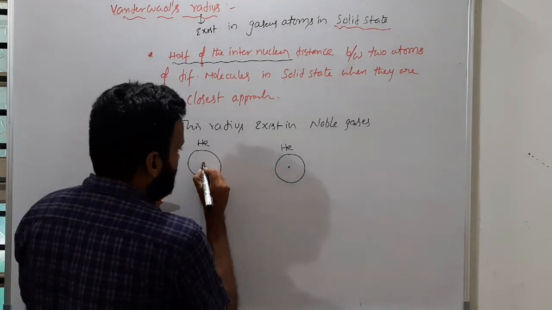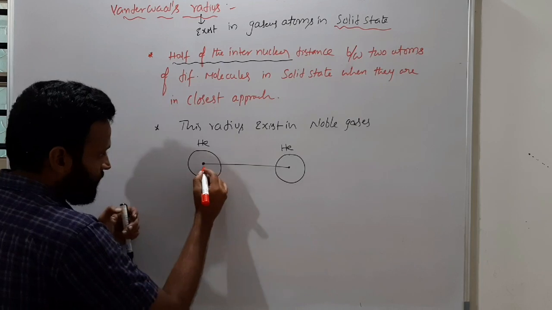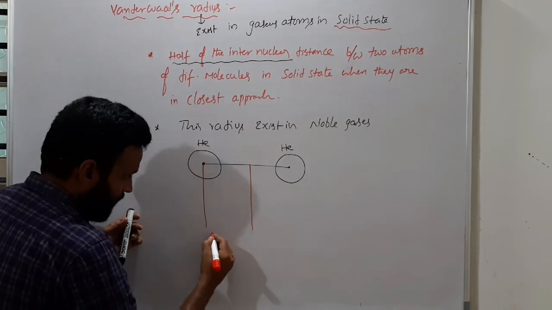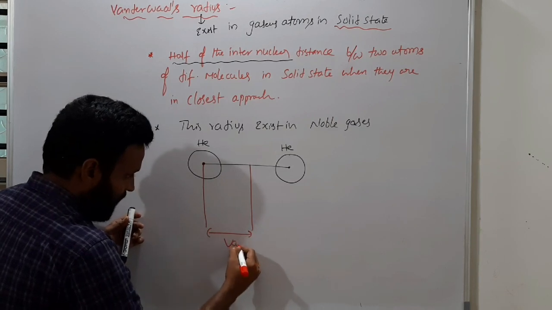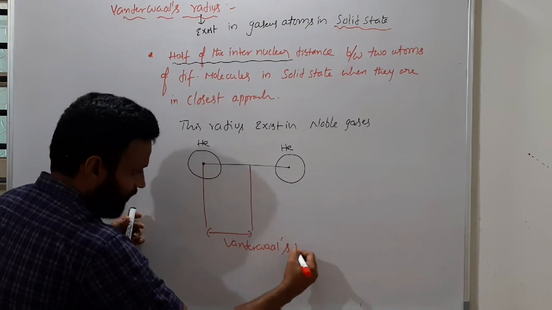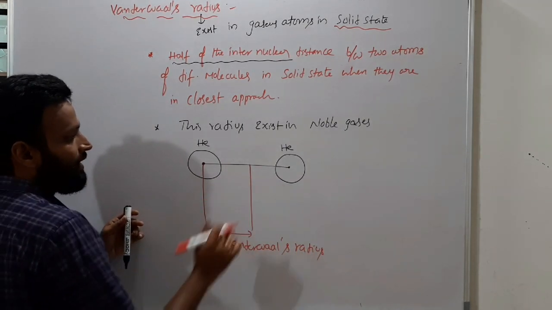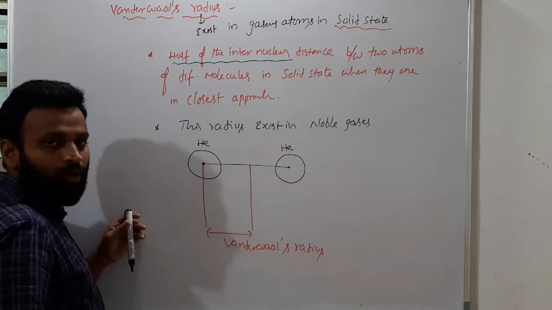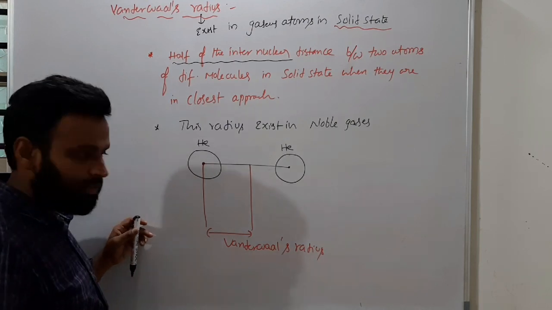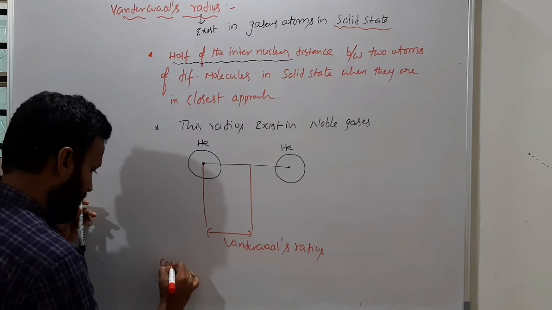Now here to here you have an internuclear distance between two helium atoms. Now the half of the distance, as I told you, from here to here, is called the van der Waals radius. What radius? Van der Waals radius. So between two helium atoms we have what radius? Van der Waals radius. So among the three radii, you have covalent radius here,